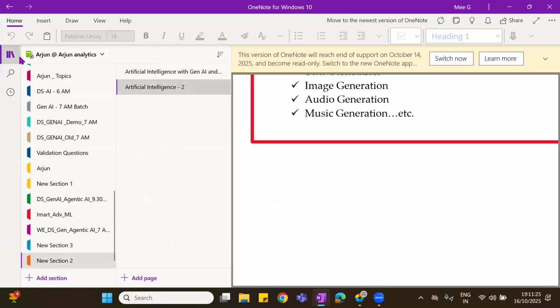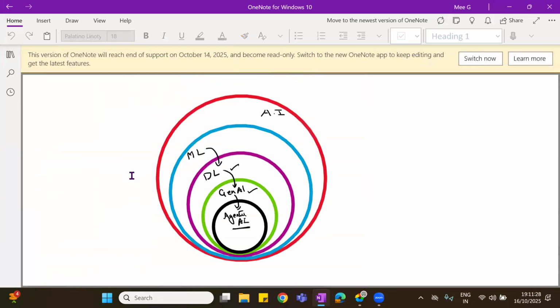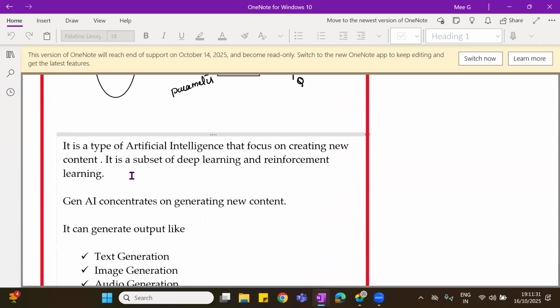Generative AI is a type of artificial intelligence that focuses on creating new content, and it is a subset of deep learning and reinforcement learning. As I told you already, I explained what deep learning and reinforcement learning are. Deep learning we know. Reinforcement learning is where the model doesn't require the data.